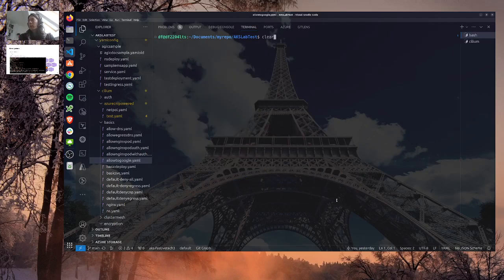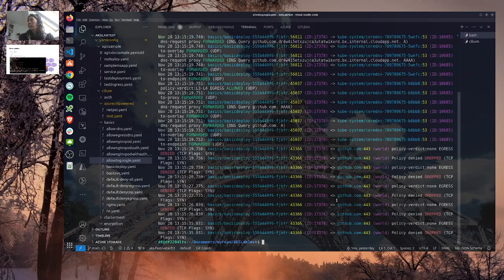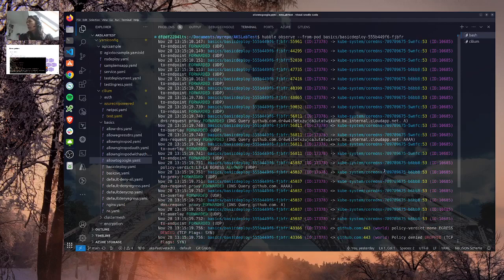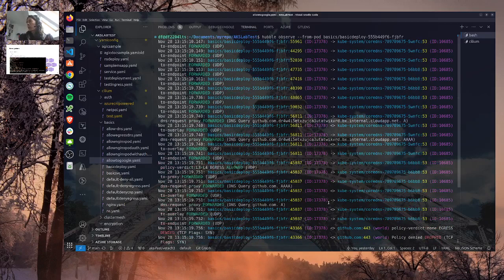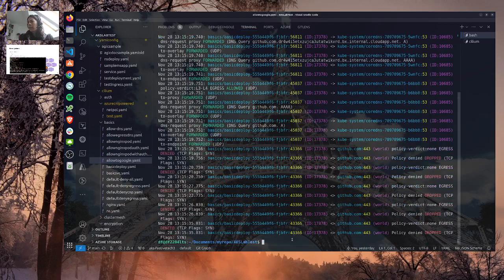And if I'm doing Hubble observe again, we can see that the traffic is dropped to GitHub due to my policy, but the traffic was earlier authorized probably. Well, I can reach the DNS. I cannot see the one before, but it was probably visible earlier. So I can see a lot of information for my traffic. So for troubleshooting, this is really ideal, and that's what I wanted to show you today.